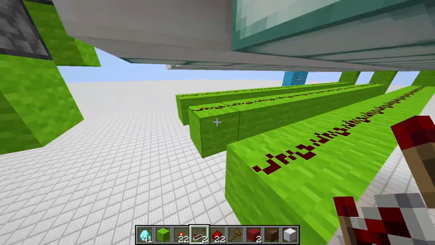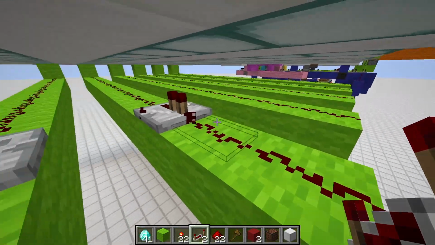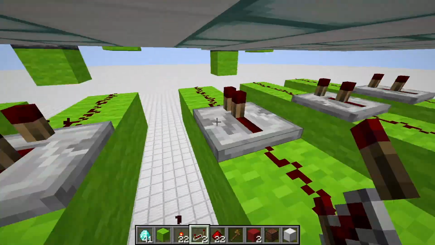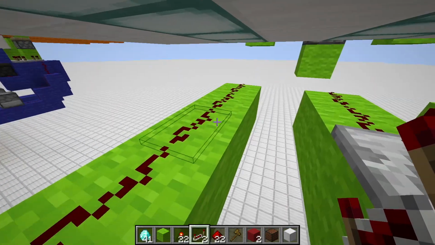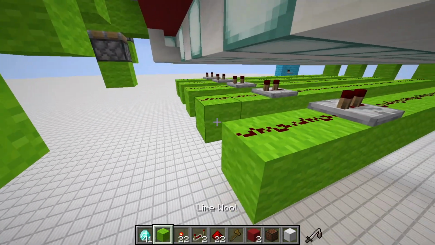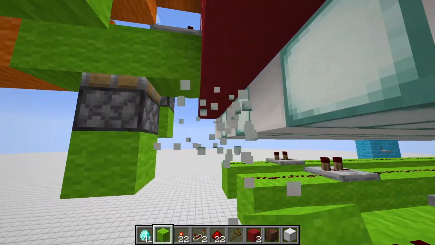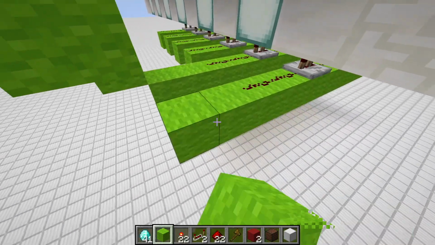After we did that, we just go in between those lines and place some repeaters, set to 2 ticks. Like this, just 2 blocks in and then the repeater. Like that. And from here on, we just, what's that? Why is there a stair in the block? That should not be there. And from here on, we just